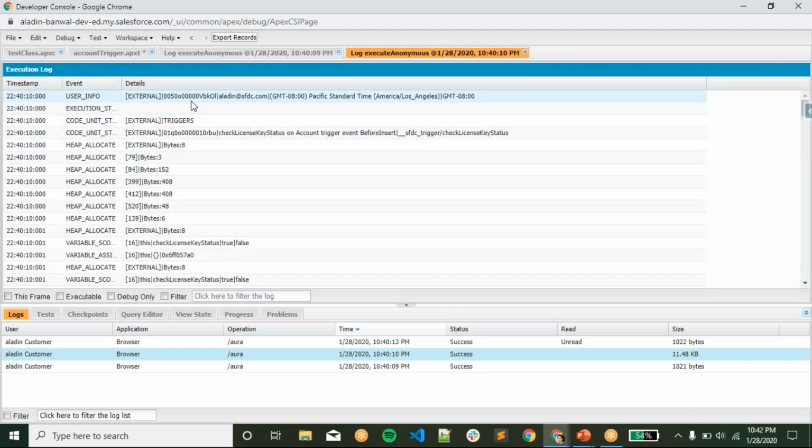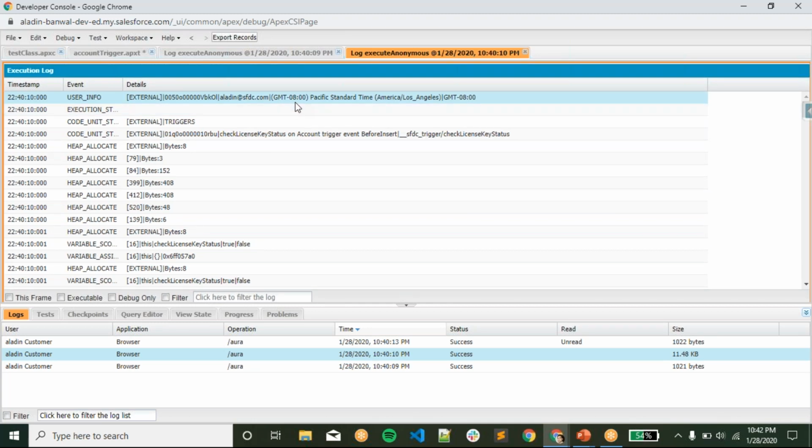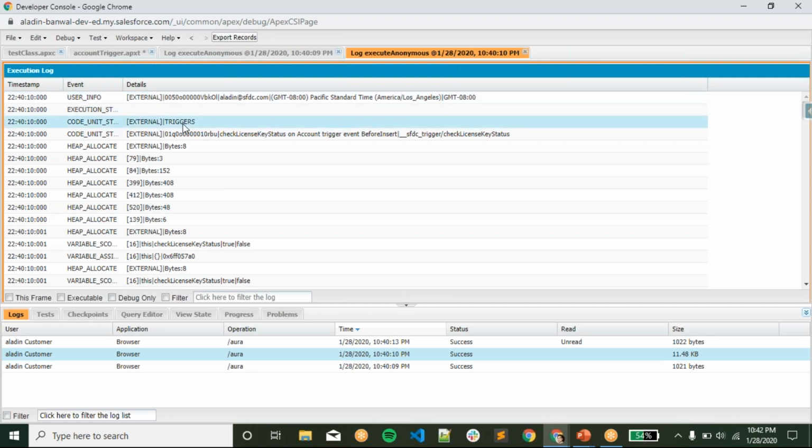It will display the ID of the user. Who is the user? Aladdin at the sfdc.com. This is my username, and this is the ID of this user, and it will display the timing and everything. And what triggers it is using, so whatever action it is using in this transaction, it will display over here.